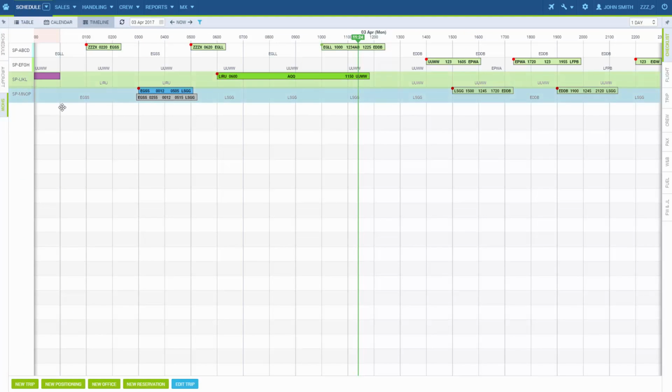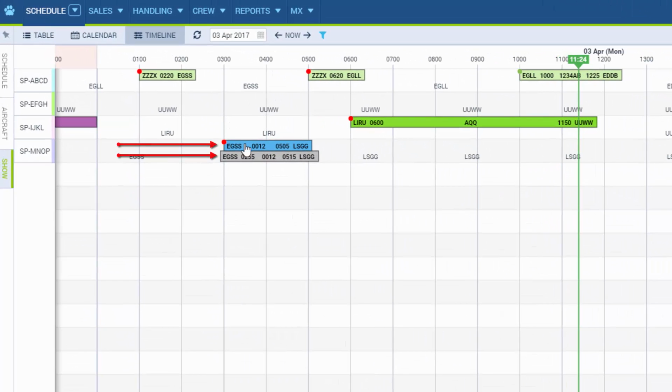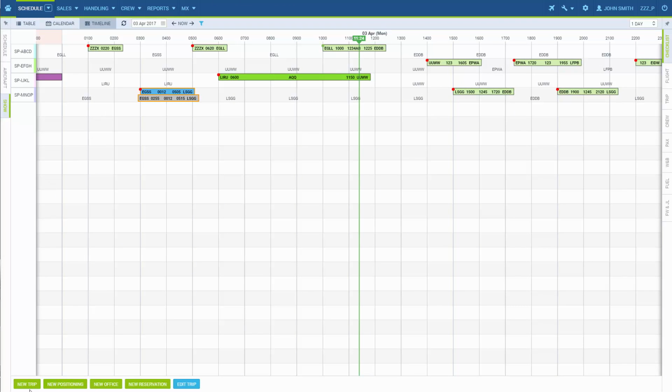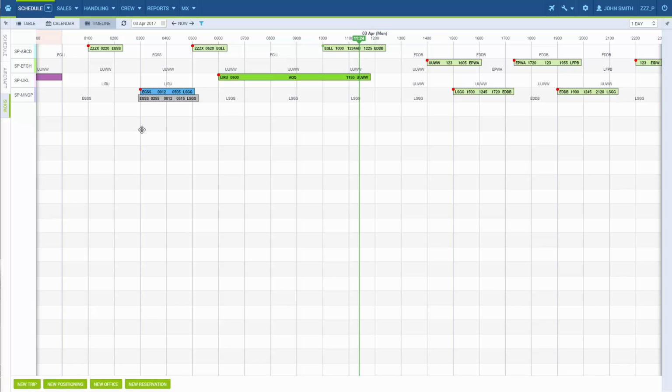Each stripe represents a single aircraft, and each of them fits in two belts. The top one is the scheduled flight, which means it appears when we add a new flight from the bottom panel here, and the bottom one shows up when we add flight watch or journey log. So to put it in simple words, the top one is the planned flight and the bottom one is the actual